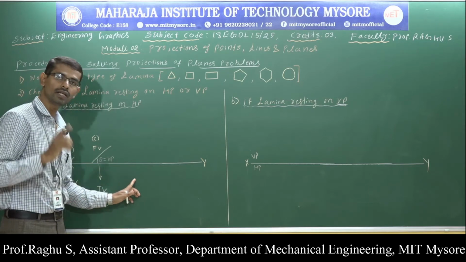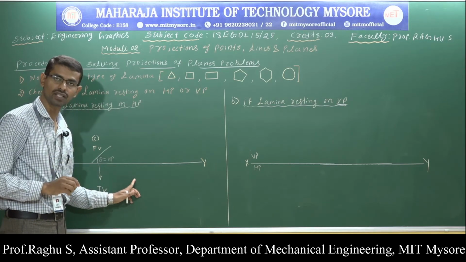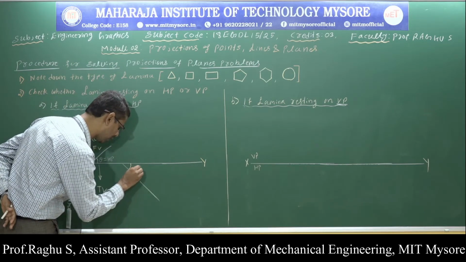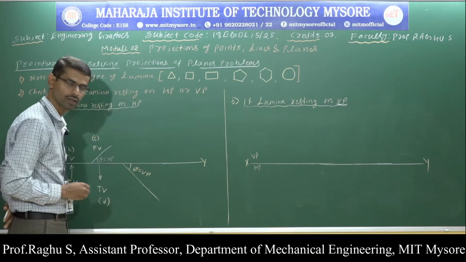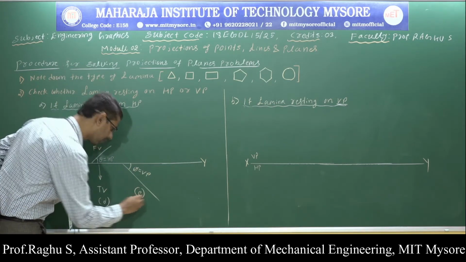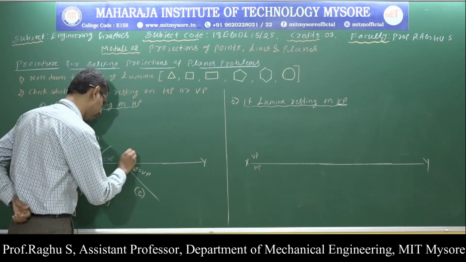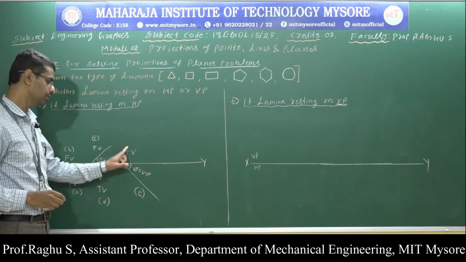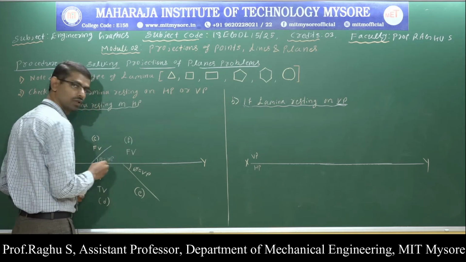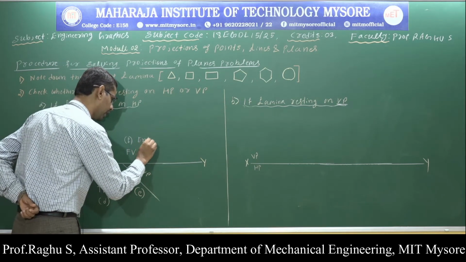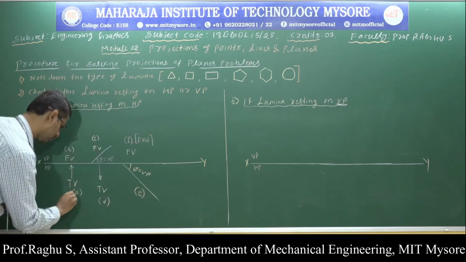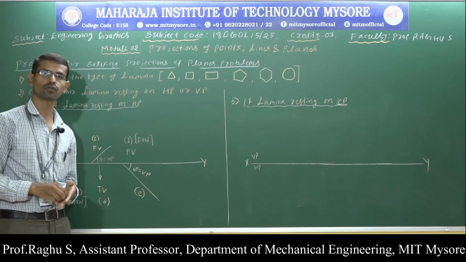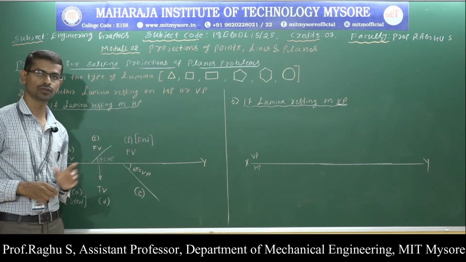Next, note down the side inclination or edge inclination or medial inclination with respect to VP. That is the VP inclination, denoted by angle phi. So this is E. Next, draw the upward projection to get the front view. Okay, here, this last one is F. This is the end, and the top view is the beginning. So this is the general procedure for solving the projections of planes when the lamina is resting on HP.